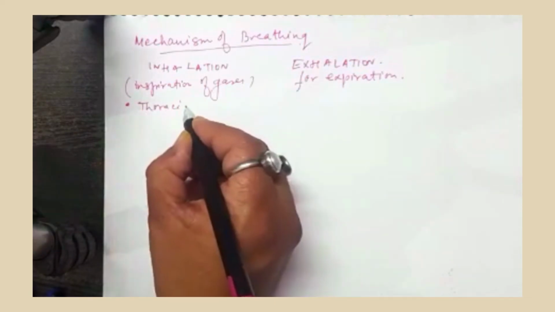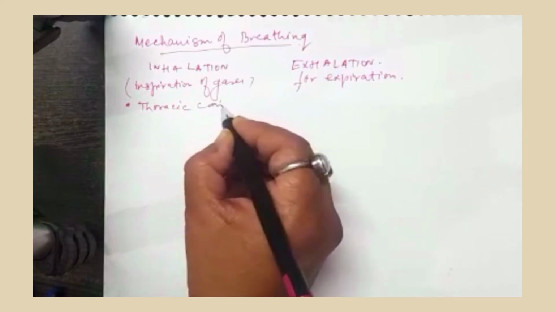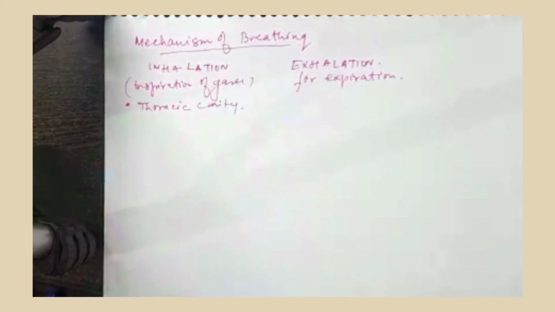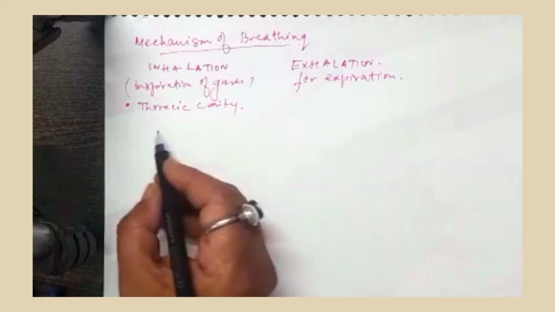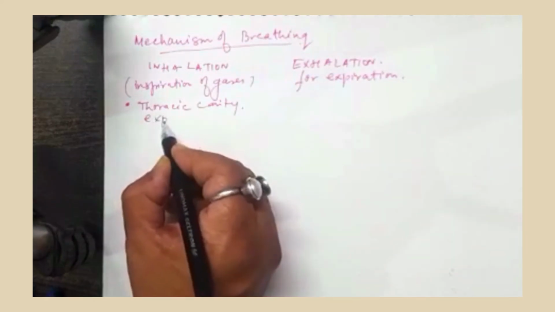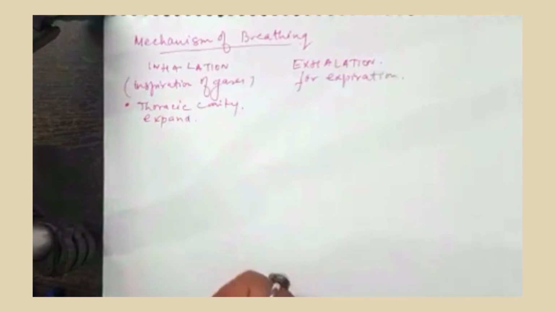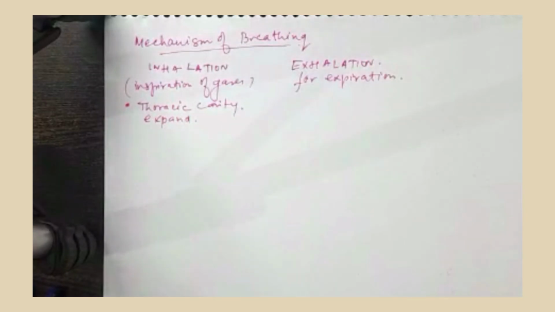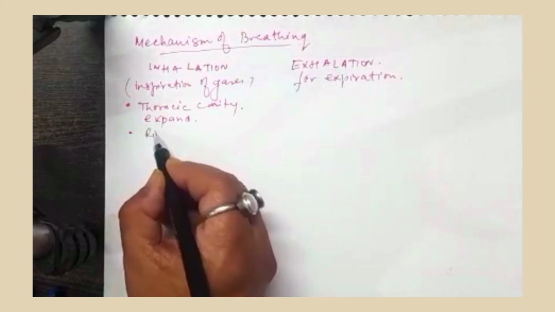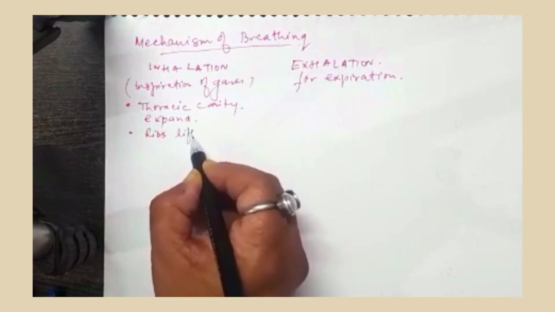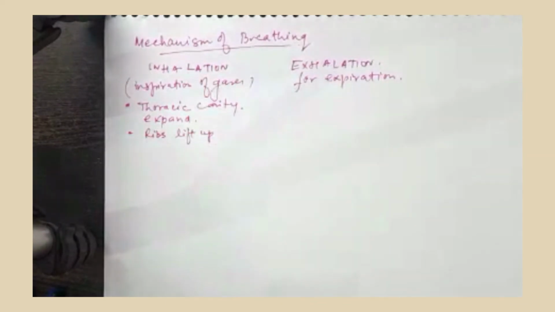So in this process, first thing is thoracic cavity. Thoracic का क्या मतलब होता है? Thoracic cavity का मतलब होता है chest region. कमर से ऊपर का जो पार्ट है that is called as thoracic cavity. It expands. सांस लेते हैं जब तो thoracic cavity जो chest वाला पार्ट है वो थोड़ा सा बाहर की तरफ आता है, और जो ribs होती हैं they are lift up. क्यों ऐसा होता है? ताकि डायाफ्राम को हेल्प मिले, थोड़ा सा वो फ्लैट हो जाता है, एंड आफ्टर बीइंग फ्लैट